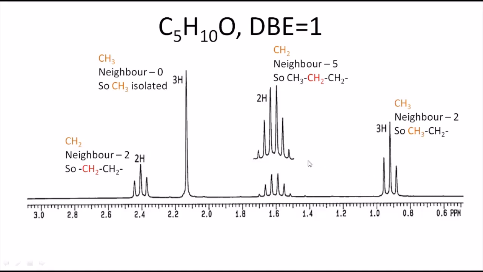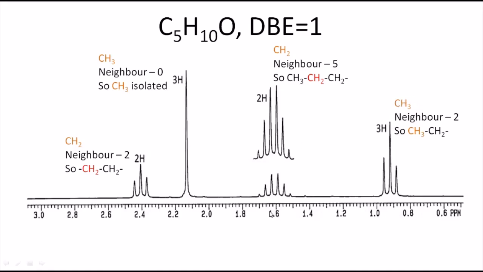Now we have not analyzed one thing, that is chemical shift. The chemical shift value here is 0.9. That means it is a free proton. It is not connected to any electronegative group, or to any aromatic ring or pi electron cloud or any electronegative atom. It is free. That is the meaning.